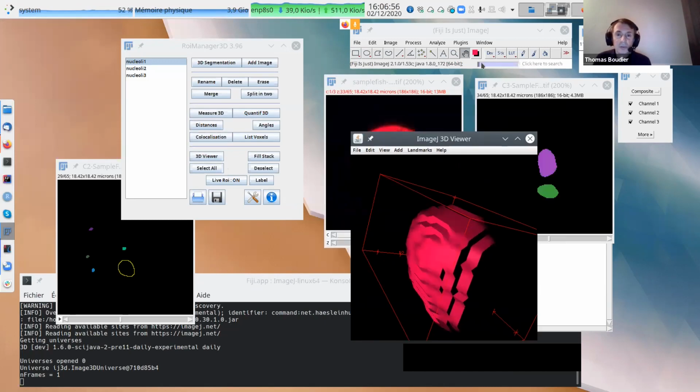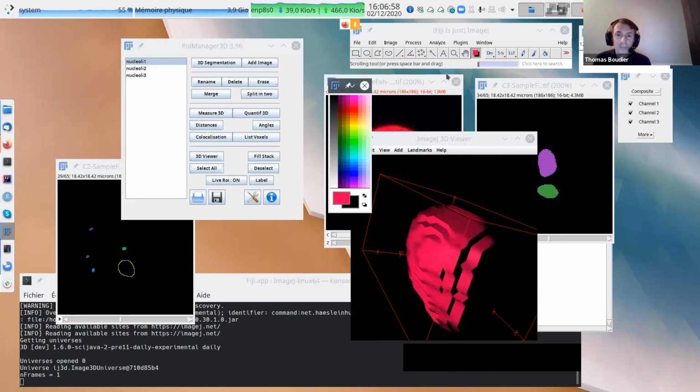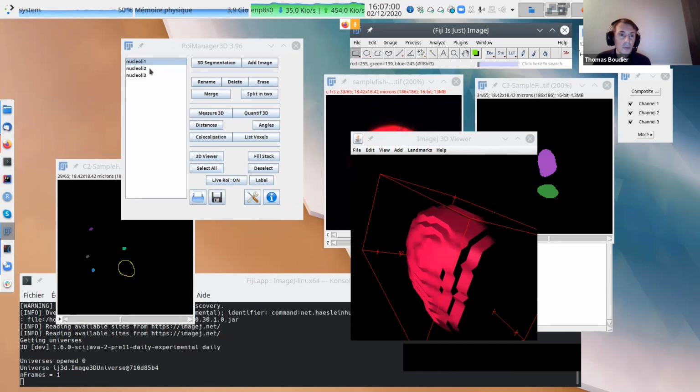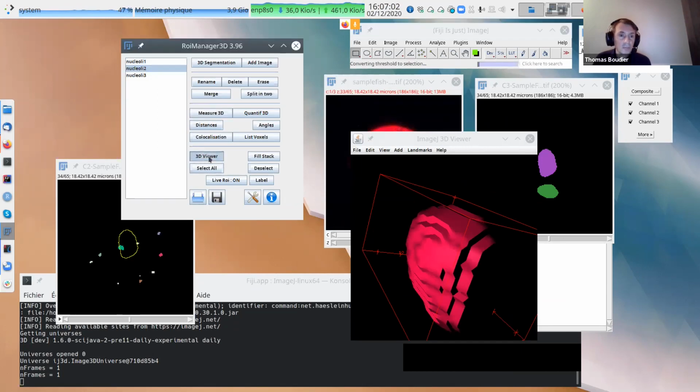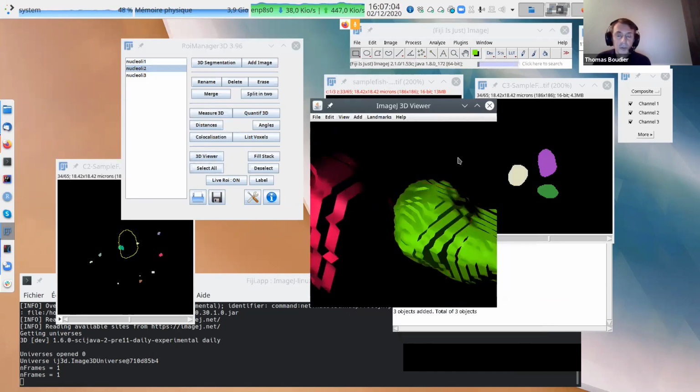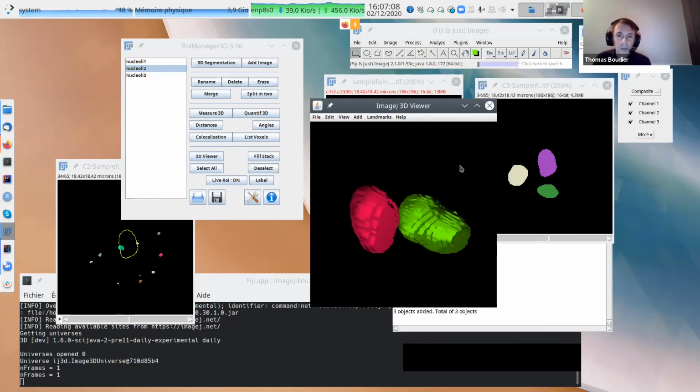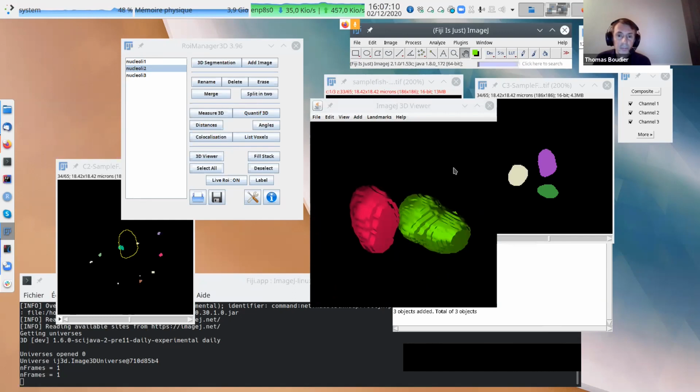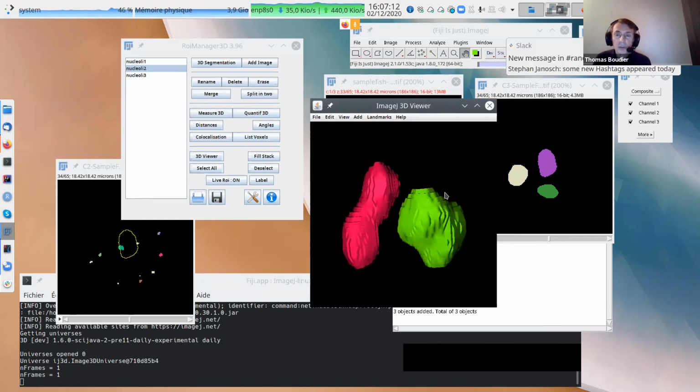And then you can select another color, green, and the second object, 3D viewer. So now you have the second object in 3D viewer. I need to rotate a bit more like this. So you see a bit more the relationship between the 2 objects.